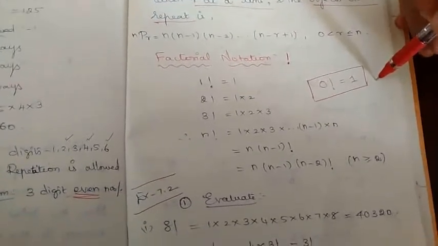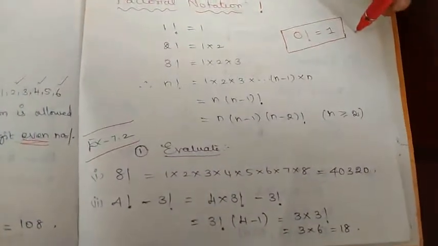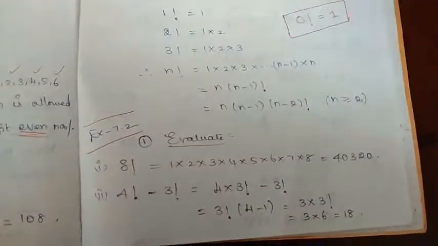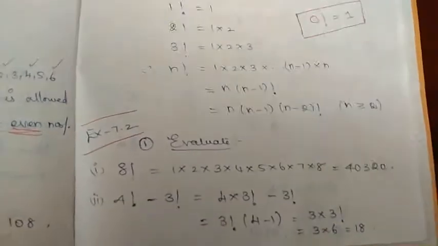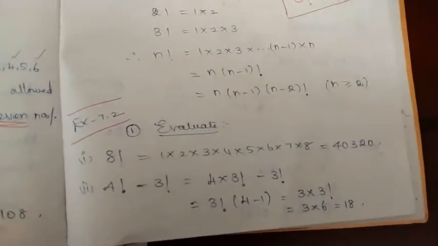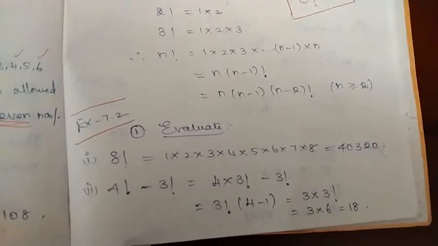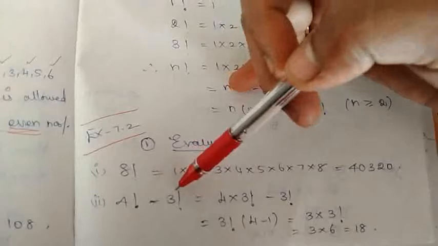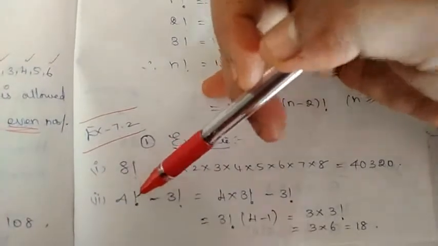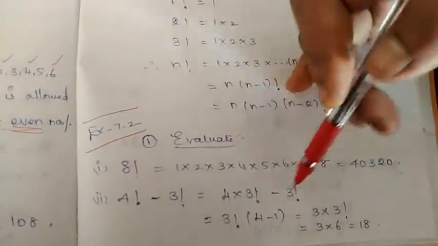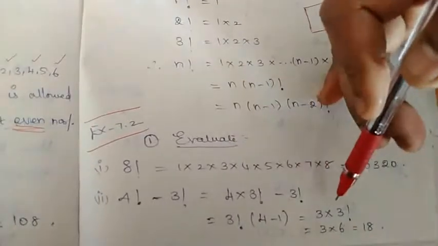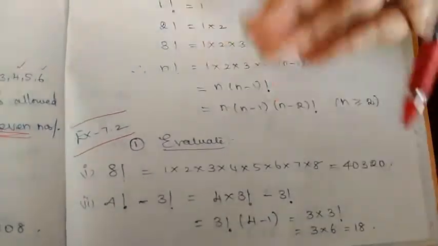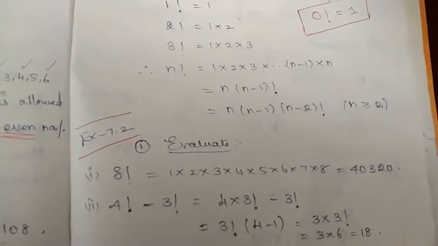Okay. So then we have solved problems on factorial. These are all very simple questions. Hope you can do it. 4 factorial minus 3 factorial. When you have questions on factorial, don't blindly sit and multiply and then subtract. It is time consuming and that is not the proper way of solving it, even though you are going to get a correct answer. See, a question like this, 4 factorial minus 3 factorial. Now 4 factorial can be written as 4 into 3 factorial. Then 3 factorial you can take as common. So 4 minus 1, which is 3. So 3 into 3 factorial. 3 factorial is 6. So 3 sixes are 18. So try to use its properties and make your calculation simpler and easier.